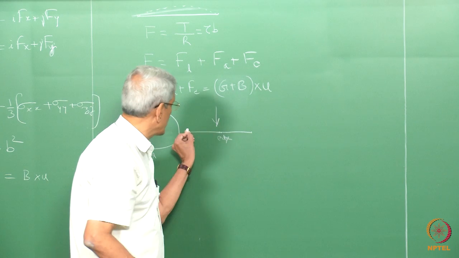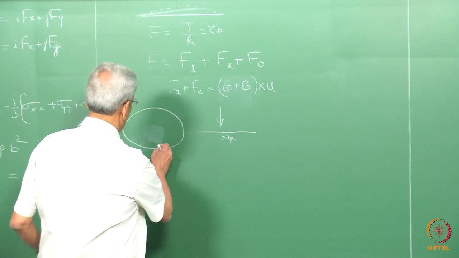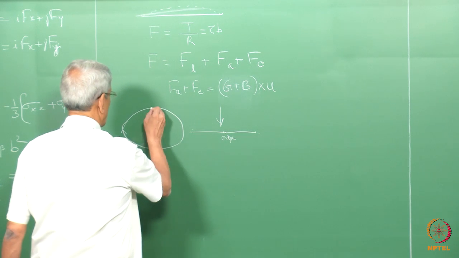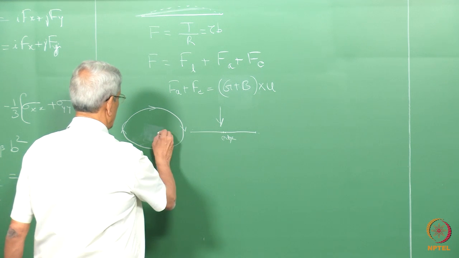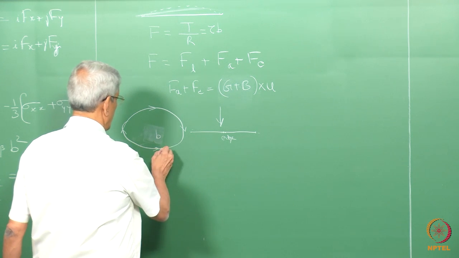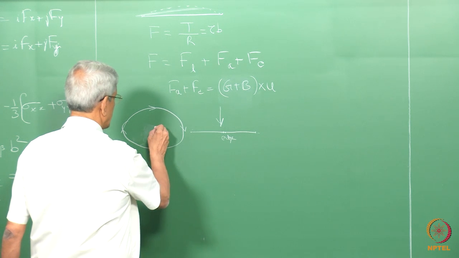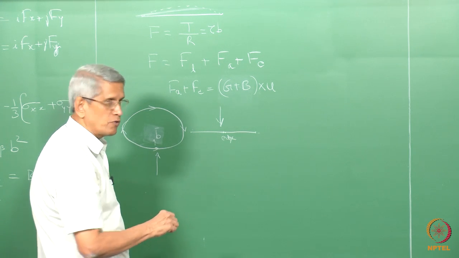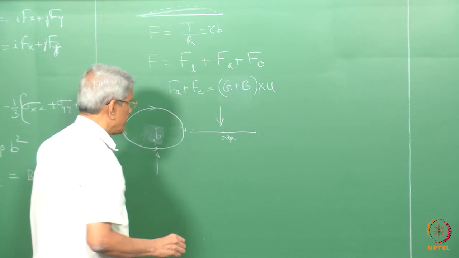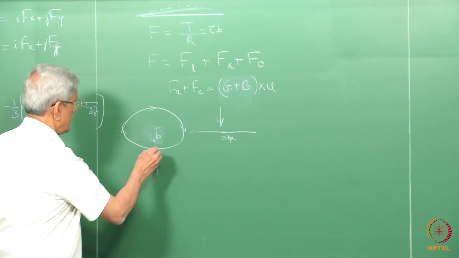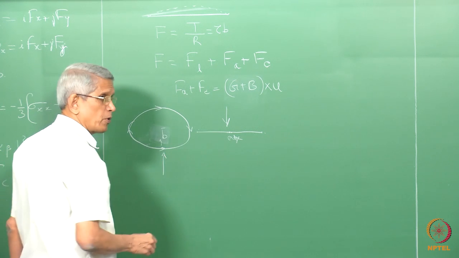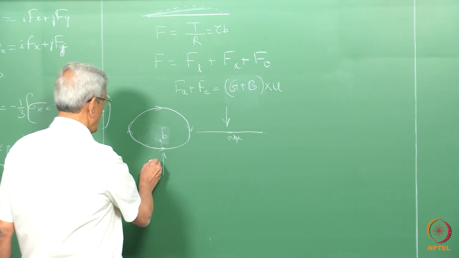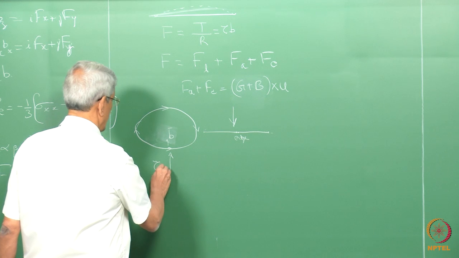Then we will be looking at the dislocation in this way, correct? This is how the line direction of the dislocation is. Then the Burgers vector will be in this direction. This is the edge part of it, and this is going to be the screw component of it. If we apply a stress,